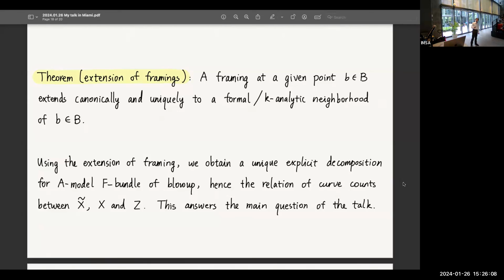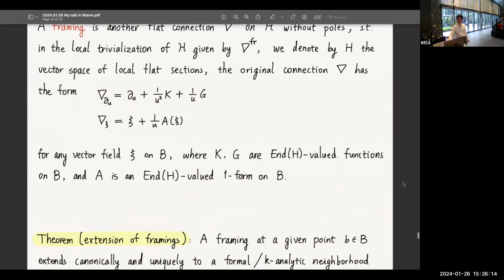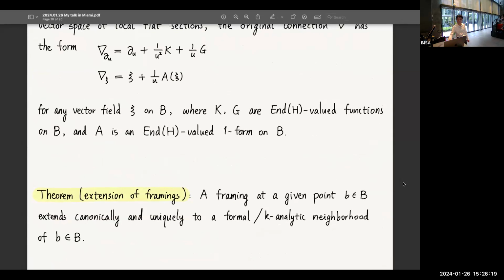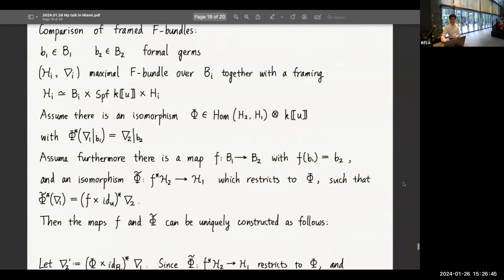Maybe the statement here, to be precise, we have to consider a log epsilon, because in the Q direction we don't have the framing; the connection is like log in the variable Q. Then I think it will work. Okay. Thank you, Hiroshi, for the question. Yes. So now, from this consideration, we get a unique